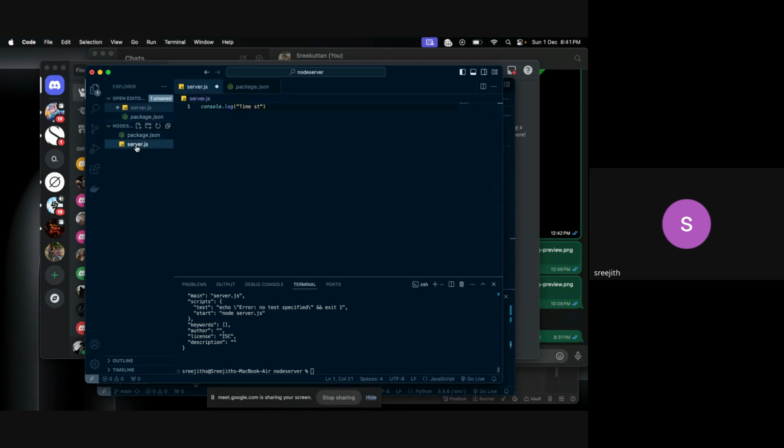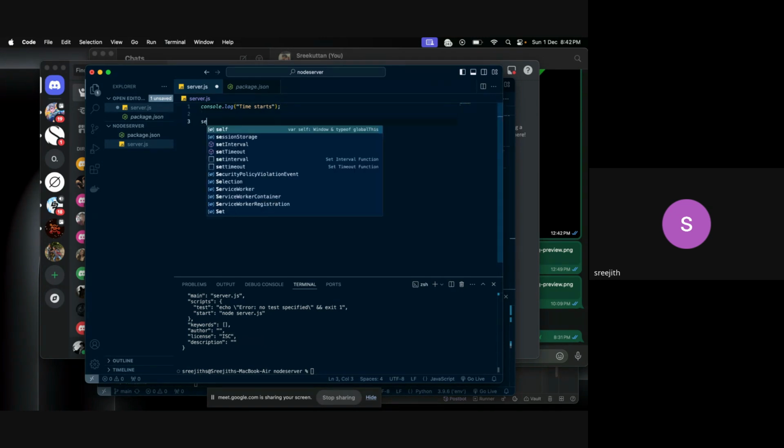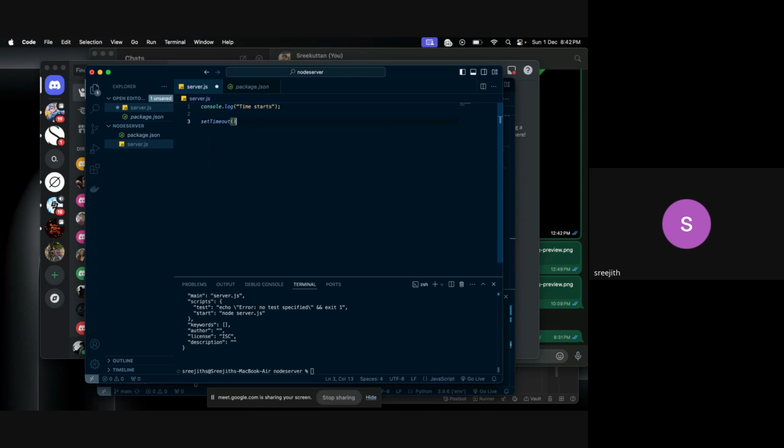So the thing is, I'm going to create a timer. I want to just say something like, just 1 second. Timer starts. Okay, so this is simply a console log statement, and I'm going to use something like setTimeout. Okay, setTimeout is actually, okay. Here I'm going to pass